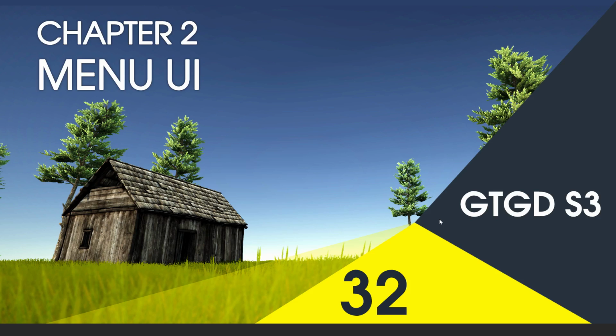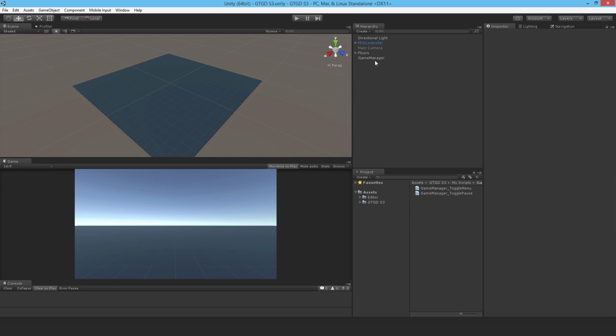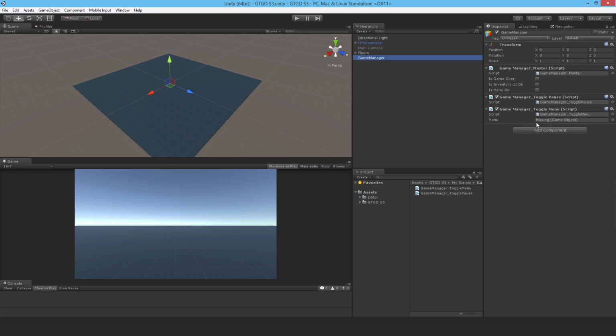Welcome to video 32 in series 3, and in this video I'll make the very first start on the menu UI. Okay, so in order for the game manager toggle menu script to toggle anything, it needs a menu attached here